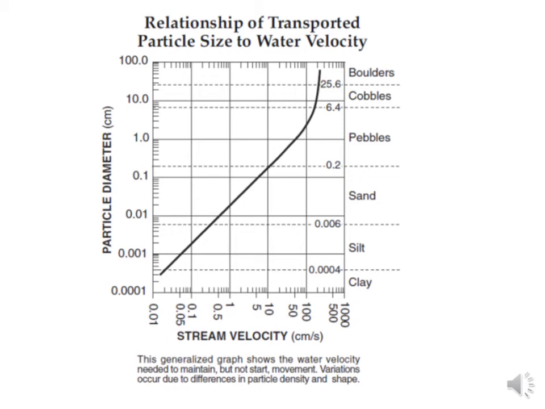But it also shows you something else, which is not thought of by the title of the graph. It shows you how big something has to be in order to be called a boulder. How big something has to be to be called a pebble. For instance, if you look where it's labeled pebble, a pebble is something that has a diameter of 0.2 up to 6.4. Anything with a diameter of that size is called a pebble, and anything that is below 0.0004 is